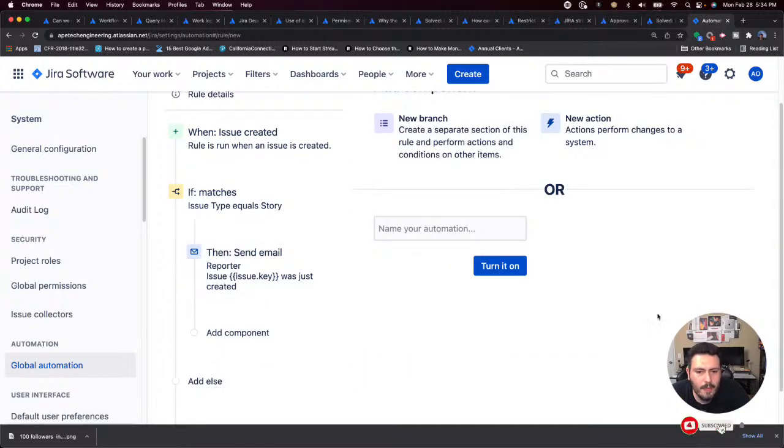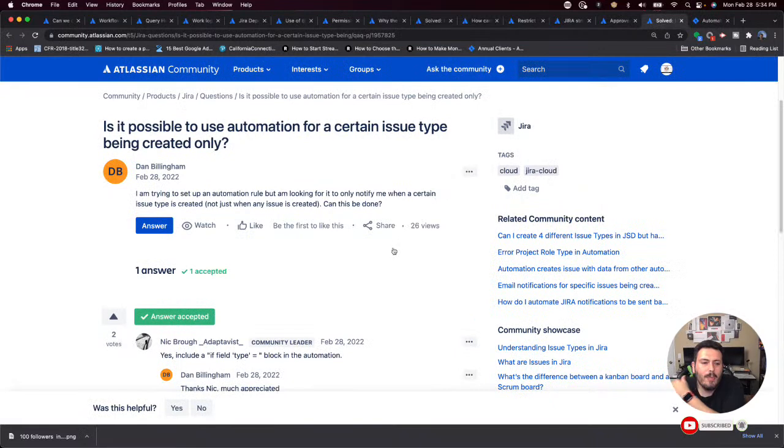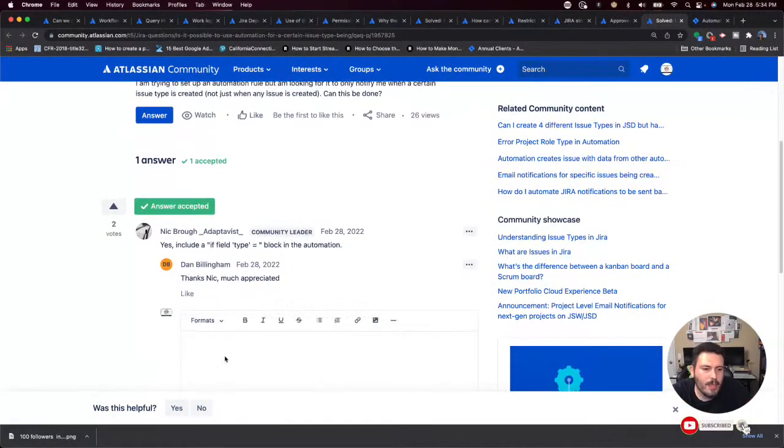And what I'm going to do is I'm going to do a couple things here for this particular user. So I'm actually going to take a screenshot of my answer here, and I'm just going to provide it to the community. So that's one of the things, I'm trying to make sure that I'm providing some value here to my community, and I want to make sure that they see the answer, right? Because somebody did respond back with include field type equals whatever, and so I'm just going to add this one here.